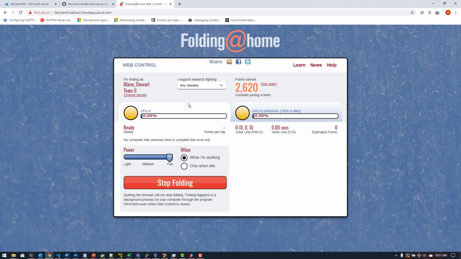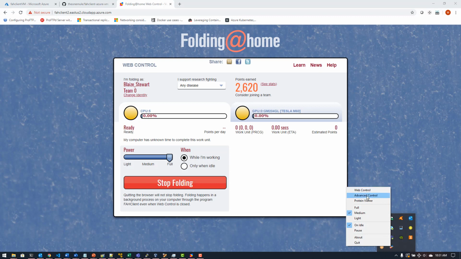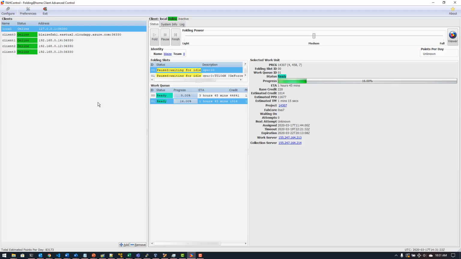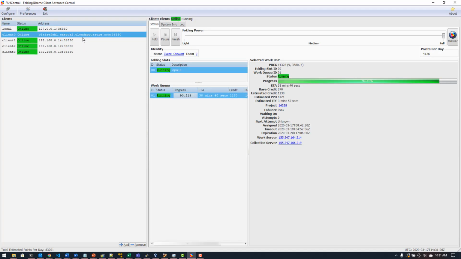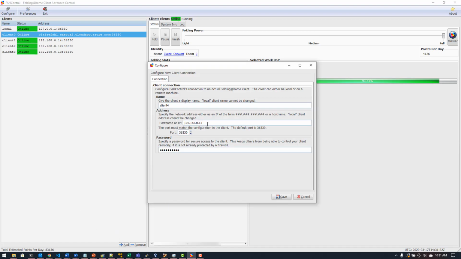Now, if you want to connect to it from the Folding at Home advanced tools, you can do that as well by grabbing that same host name and then launching the advanced controls for whatever platform it is that you're running. Now, currently, I've got a couple of machines running on this already, and I have this one already that's on Azure that is running. I'm going to add another one by simply clicking on Add right here,